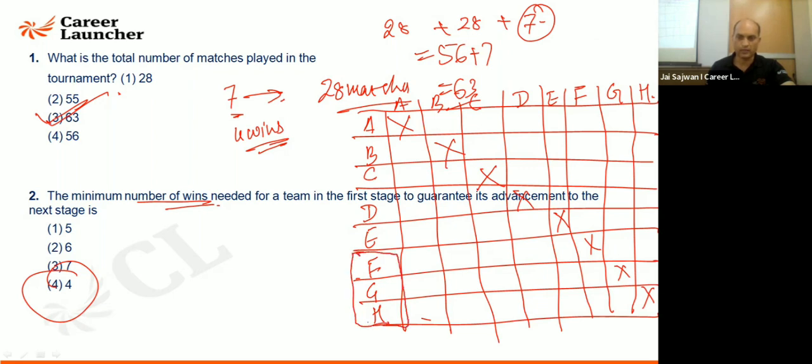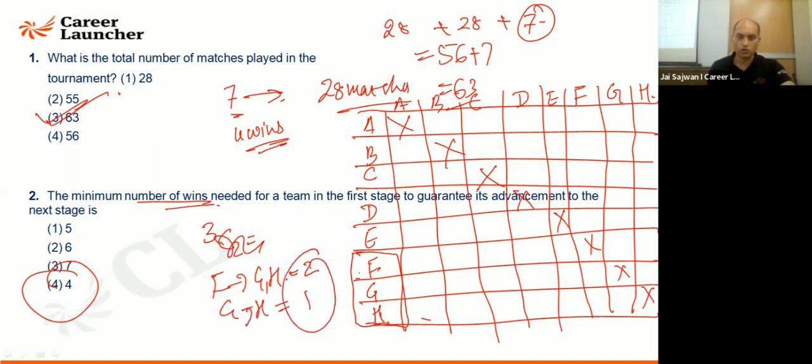Say that I'm not taking these 3 people. 3 people are going to play how many matches between them? Can I say 3C2? Okay. F plays against G and H, 1 match. 2 matches are there. G plays against H, 1 match. So between 3 people, there are 3 matches to be played. These 5, if they are going to have 4 wins, can I say 20 wins are there plus 3 is 23?